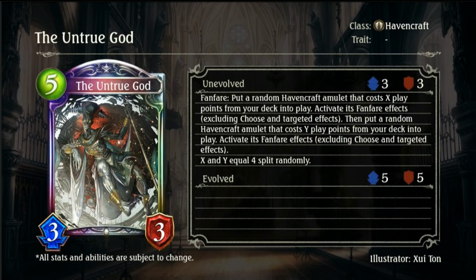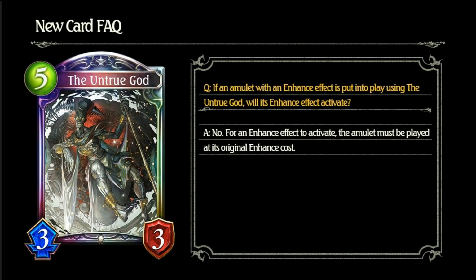So that potentially could give you 2 and 2, obviously. So that's actually a little confusing. X and Y equals 4 split randomly. So I'm guessing the number 4, which would be 2 and 2, surely. But wouldn't you just say X and make it a double effect? I don't know. Interesting, not 100% sure, but I do know that they did give us a frequently asked questions